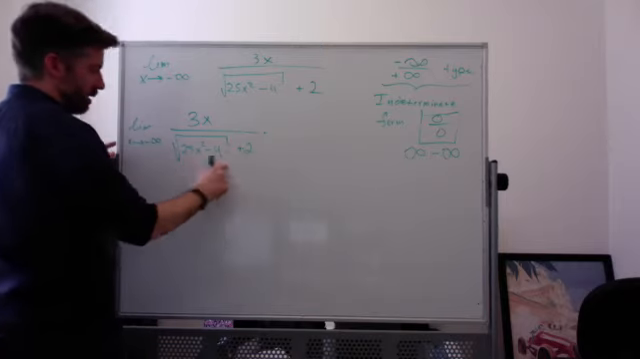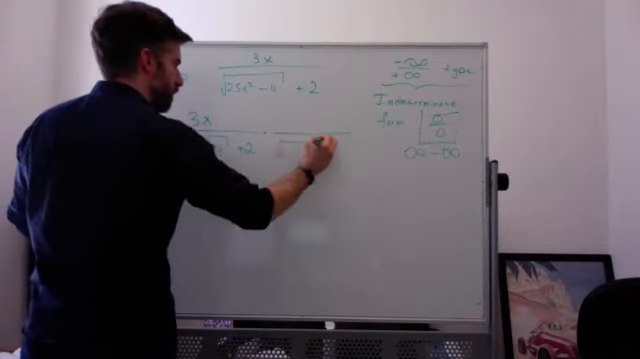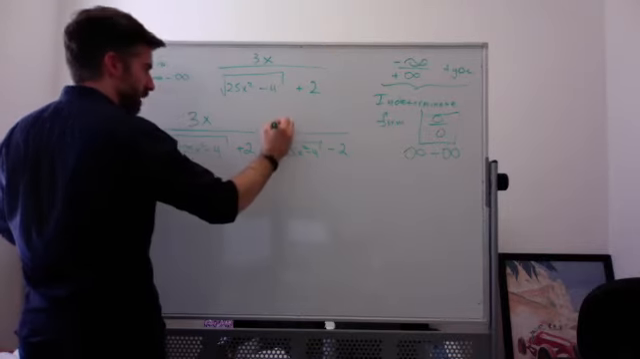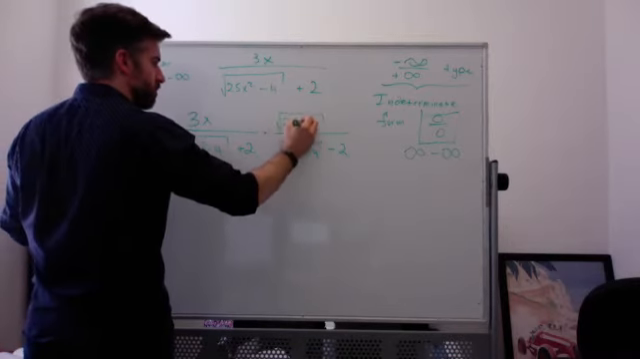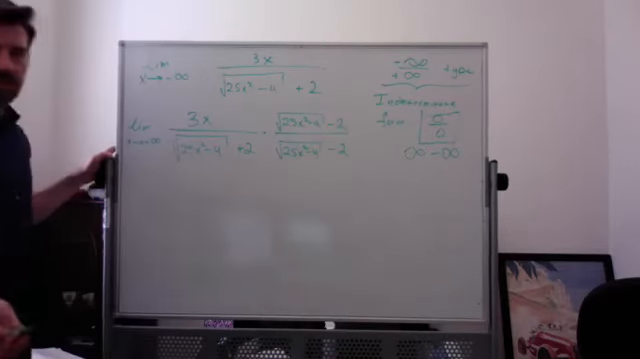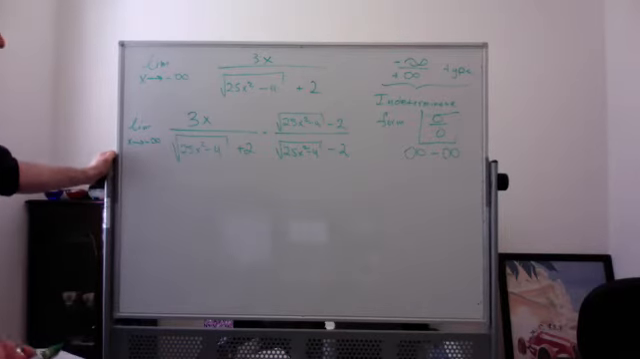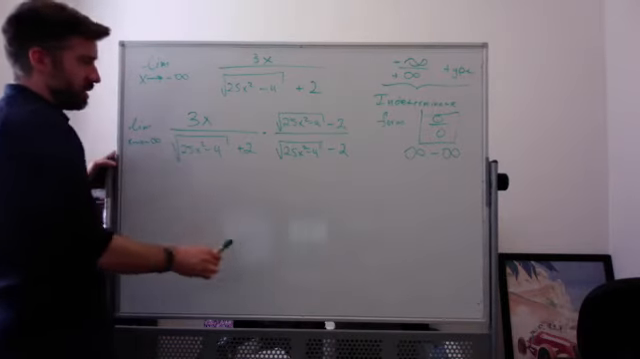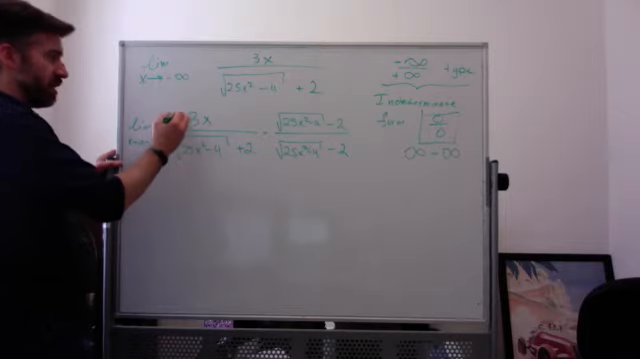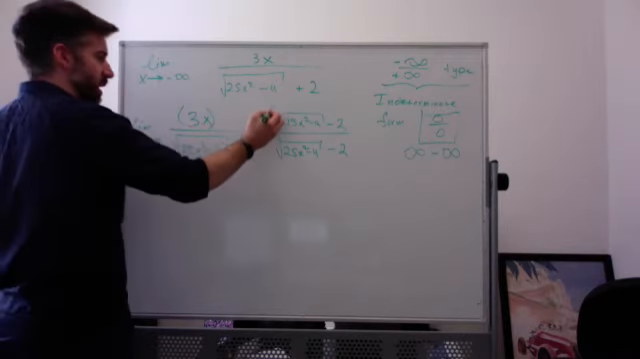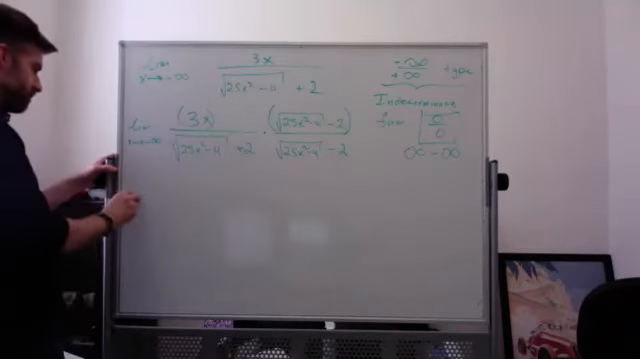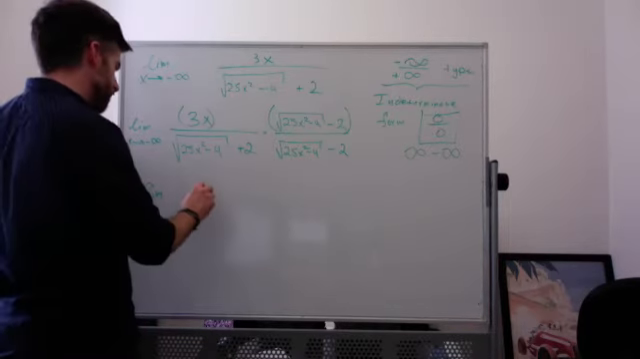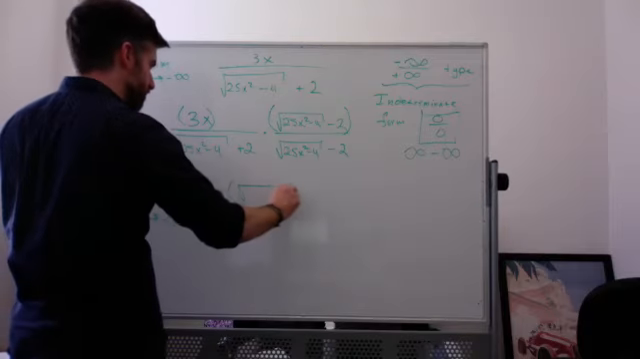And I'm going to multiply by the conjugate of this. So that's going to be the square root of 25x squared minus 4 minus 2. And then the same thing on top, because really we can only multiply by 1. Whenever you're multiplying by a conjugate, you want to actually multiply with the conjugates and not multiply out the things that are not conjugates. So the top I'm just going to leave as 3x times this whole thing here. So the limit as x goes to minus infinity of 3x times that whole thing there